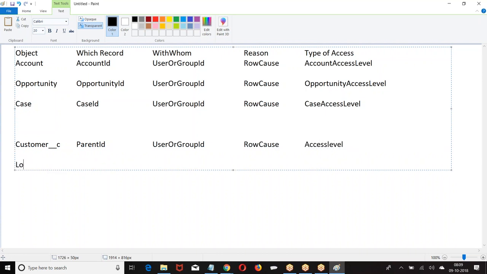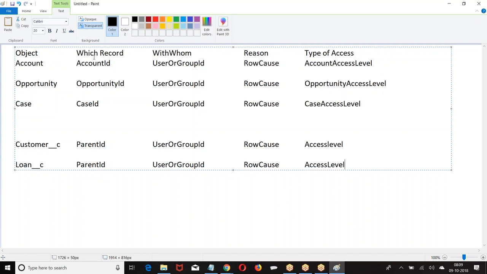If it's a loan, user or group, reason for sharing. So what is the difference? If it is a standard object, then object followed by ID.